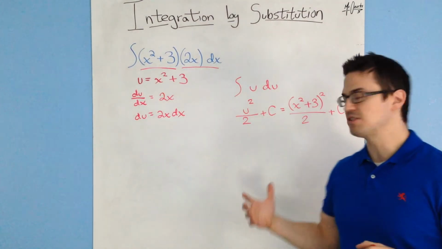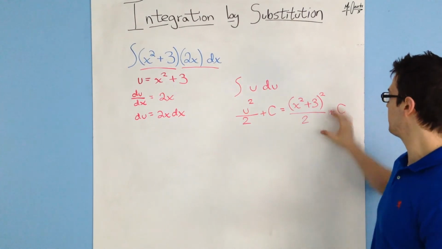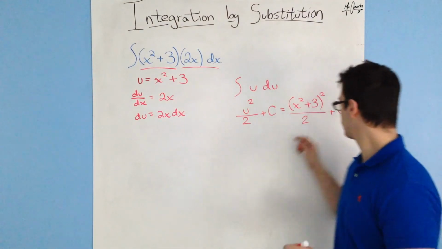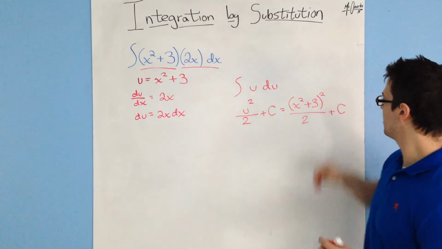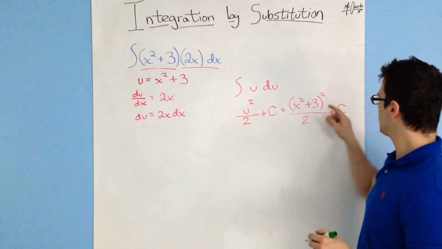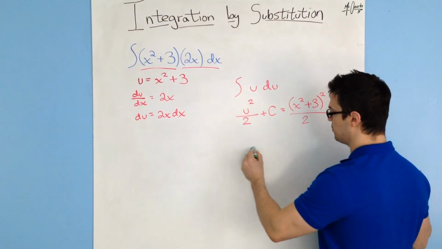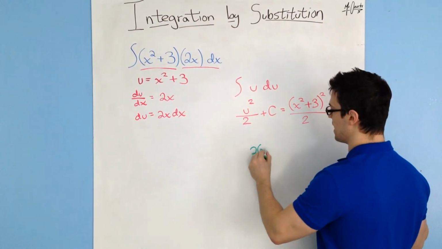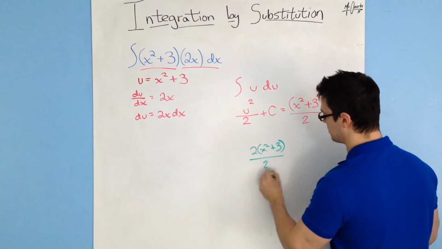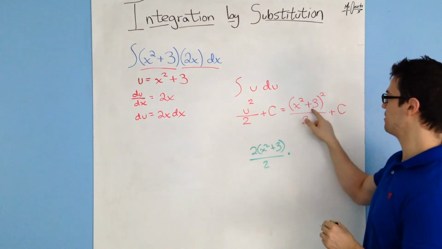Okay, the very last step that I highly recommend doing after finding the answer would be to check your work. So I'm going to find the derivative of this really quick. To find the derivative of it, you have to use the chain rule because we have this inside function being squared. So here's what it would look like if you did the chain rule. First thing you'd want to do is bring down the 2 using the power rule. So you would have 2 times (x squared plus 3) all divided by 2 times that inner derivative,